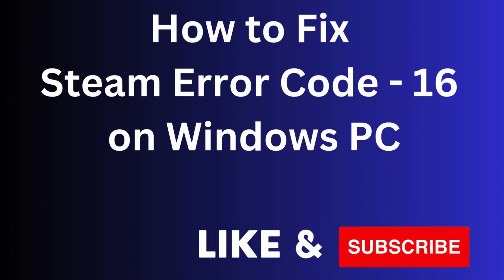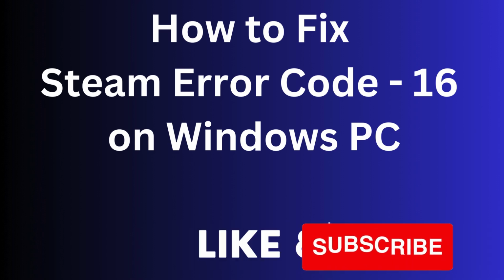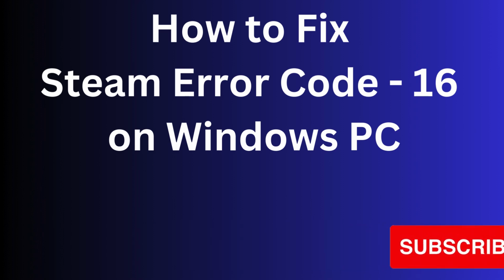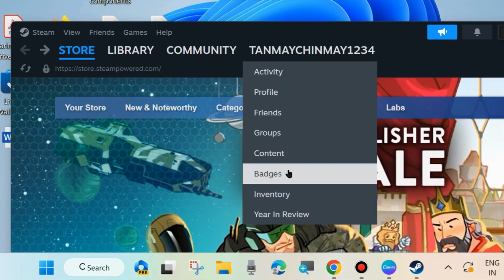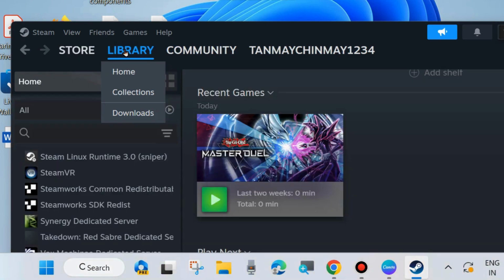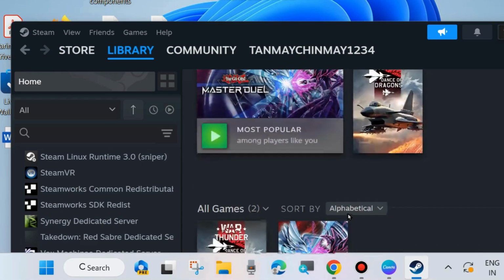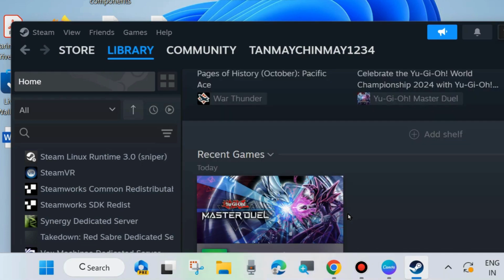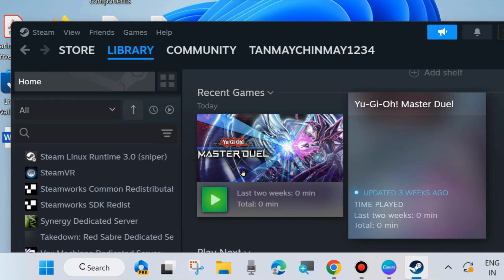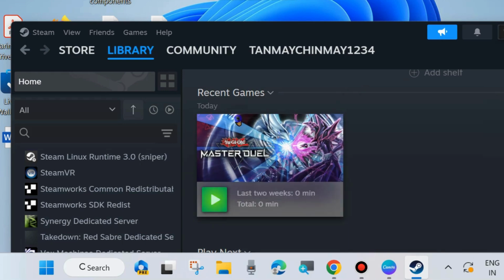Hi guys, in this video we will see how to fix a Steam error code 16 on your Windows PC. If you are also facing a Steam error code 16 on your PC, the first workaround is to go to Library and right click on the problematic game, and here choose